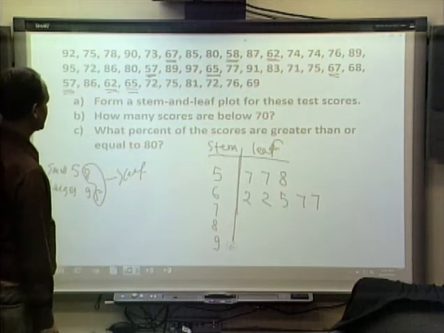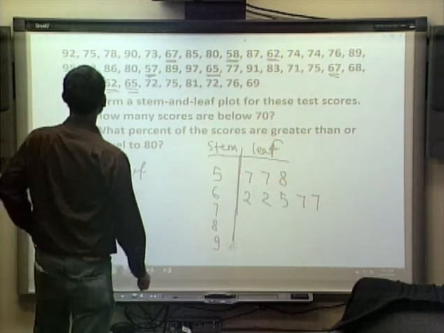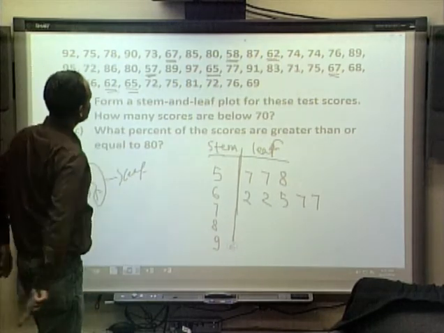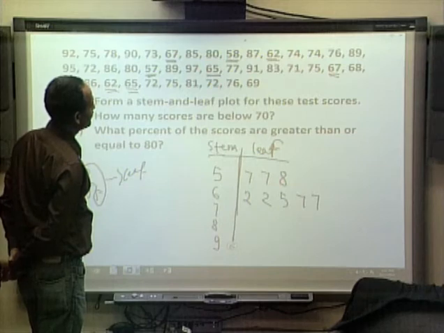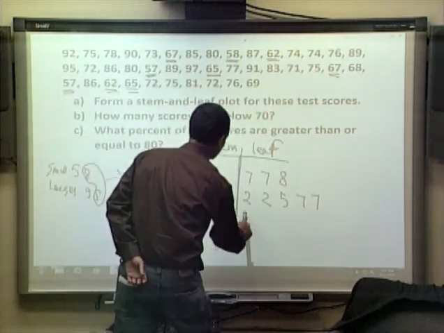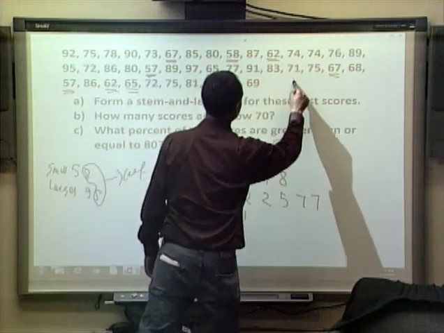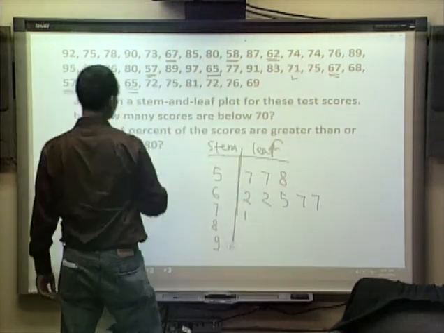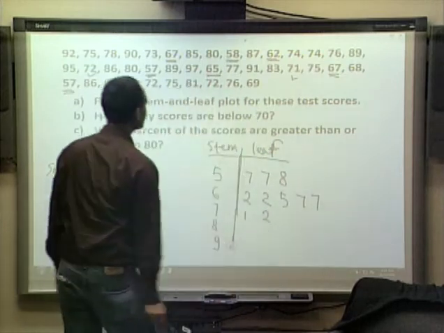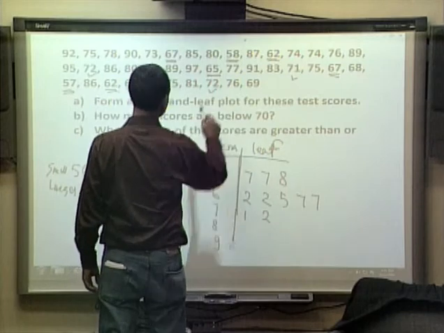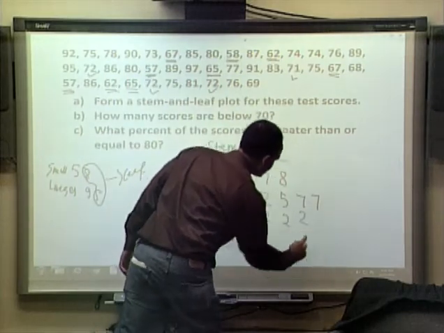That's everything in 60s. Now in 70s, here is a 72, 75, 73, 74, 74, 76, 71. I don't see any 70. So 71, this is done. 72, this is done. There could be more 72s. Here is 72 and here is another 72. So 72, 72